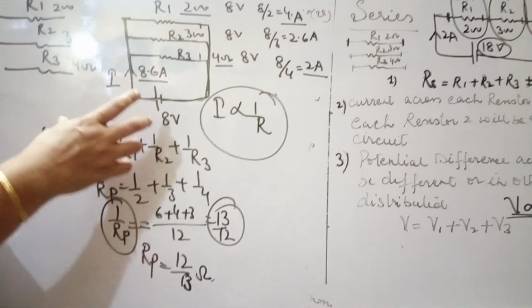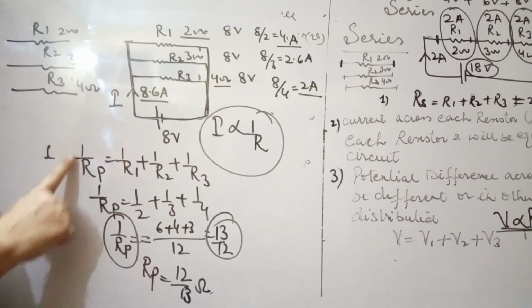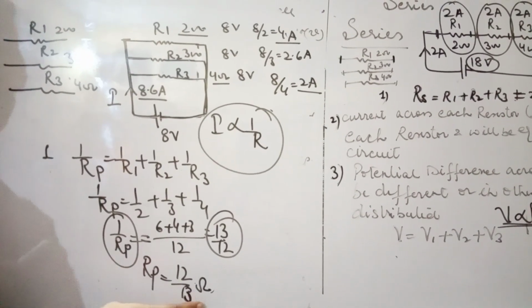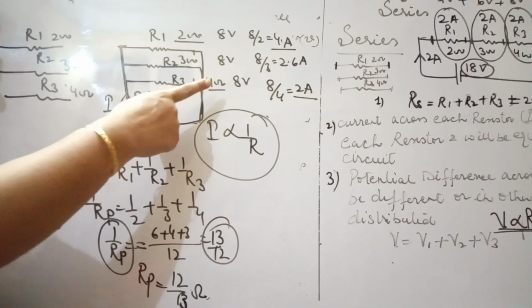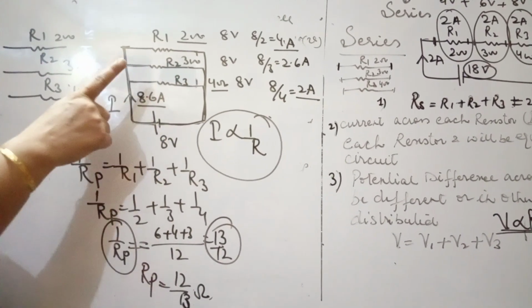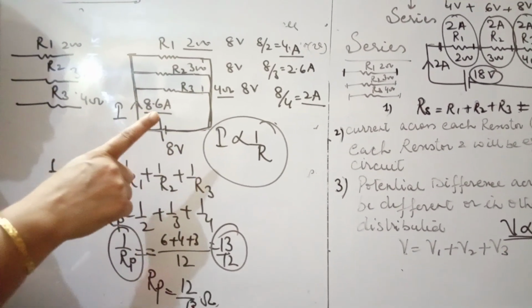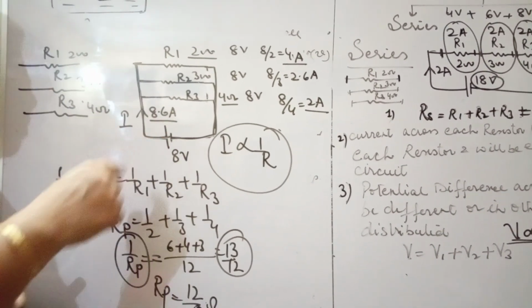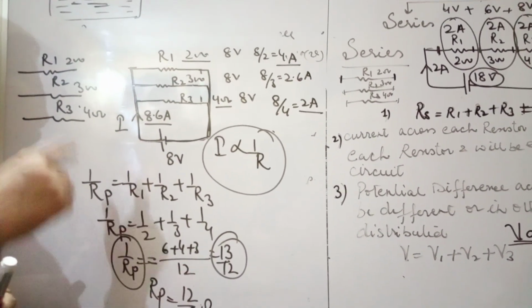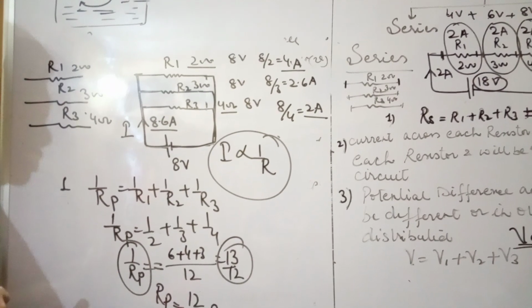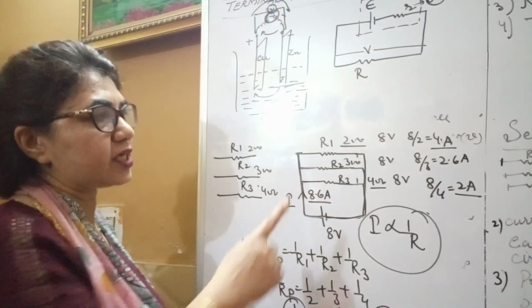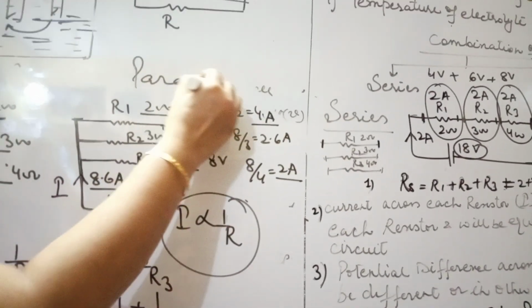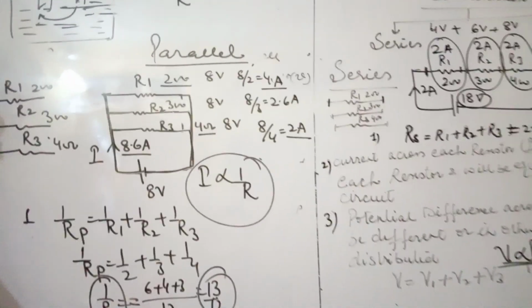So what have you observed in parallel arrangement? How to find out the resistance? Using formula 1 upon Rp, and don't forget to reverse this. Second, across each resistor voltage will be same. So that's why in our room we prefer the parallel arrangement, because each and every appliance works on 220 volt and it will work only on 220 volt. So each and every appliance should get the same voltage, and that is possible only in parallel arrangement. But across each, current will be different.